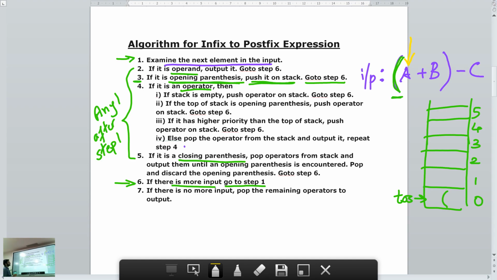A is an operand. Which is the step for an operand? Step 2. Since A is an operand, you have to perform step 2. What does it say? Output it. So you will have an output array. Suppose this is an output array.